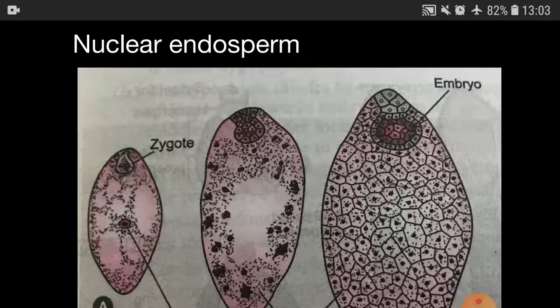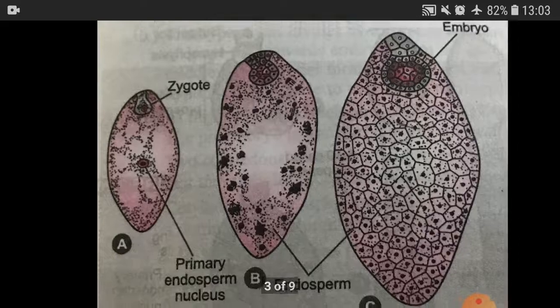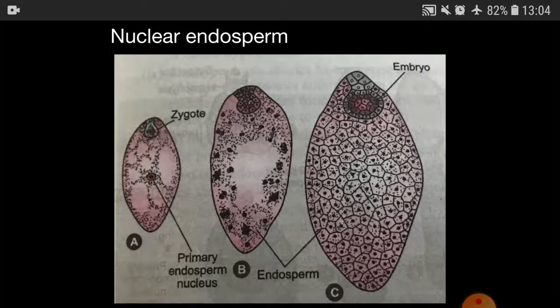Now, based on the first and subsequent divisions of the primary endosperm nucleus, that is PEN, the endosperm is of three types, that is nuclear, cellular and helobial. We'll take these three one by one. The one displayed on your screens is the nuclear endosperm. Now what happens here in the nuclear endosperm, you can see this is the diagram of the nuclear endosperm,